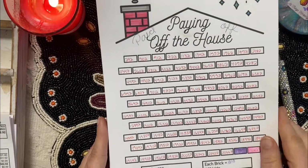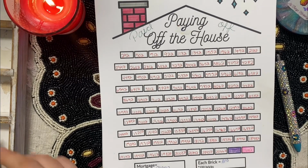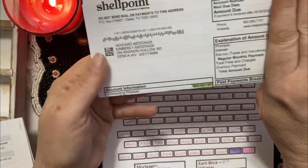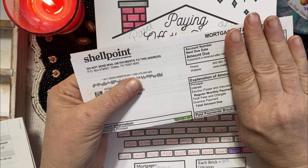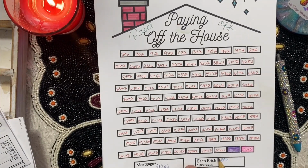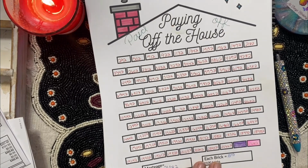My house payment. Now, you know I haven't started paying any extra yet, which I need to get started doing. But you all know my address. Let me try to cover my account number and stuff. I'm down to $20,581.44 on my house payment. So we get to color in $26.62 because we are below that. So we do get to do a little bit of coloring this time,